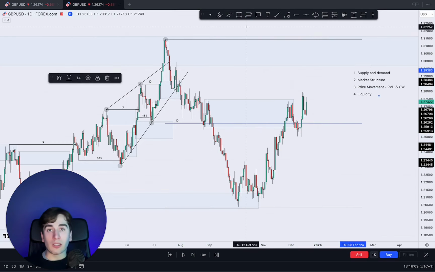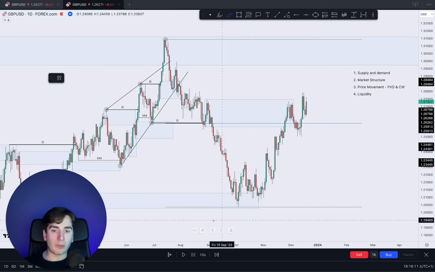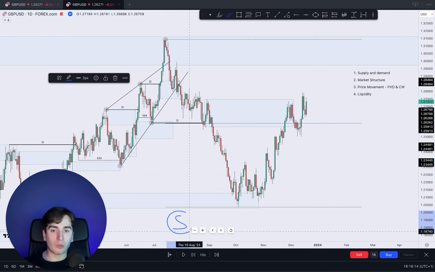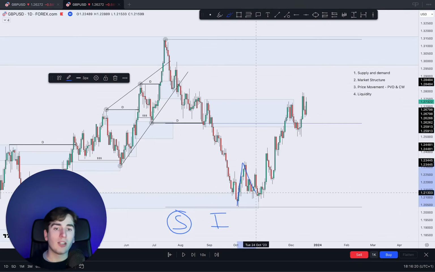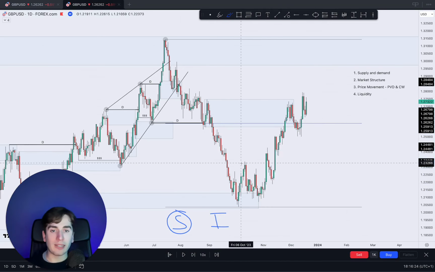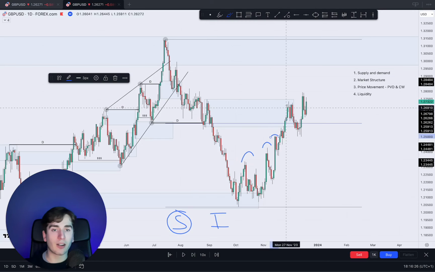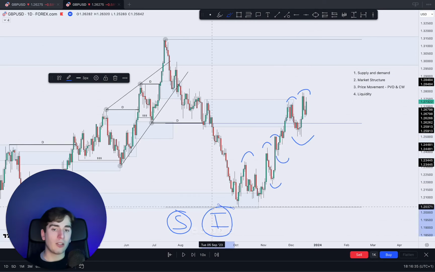Then the second form of market structure, let me just write them down for you. So we have swing structure. The second form is internal structure. Internal structure is a structure utilized to trade the overall pullback in towards the highs. As we can clearly see, we have a high, higher high, higher high, higher high, including higher lows each time. And we can pretty much use the internal trend to trade the overall pullback of the